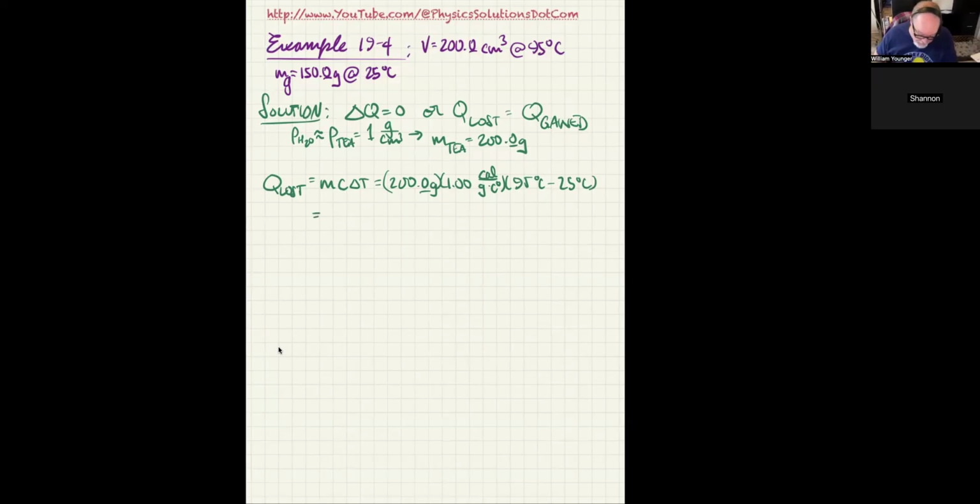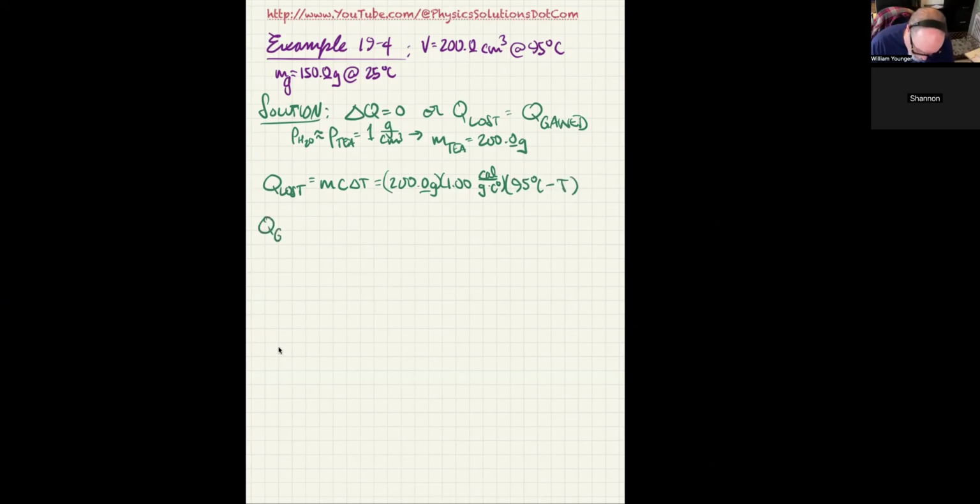And that's going to give us, oh, no, sorry. I just forgot what I was doing. The final temperature on this, we're not going to know because we're going to set this Q loss equal to Q gain. And the final temperature for the water is actually going to be lower. So I'm going to say 95.0. I really hate how this program does this. It just automatically jumps to an eraser at various points in time, and I have no idea why. But 95 degrees Celsius minus T would be what the Q lost is.